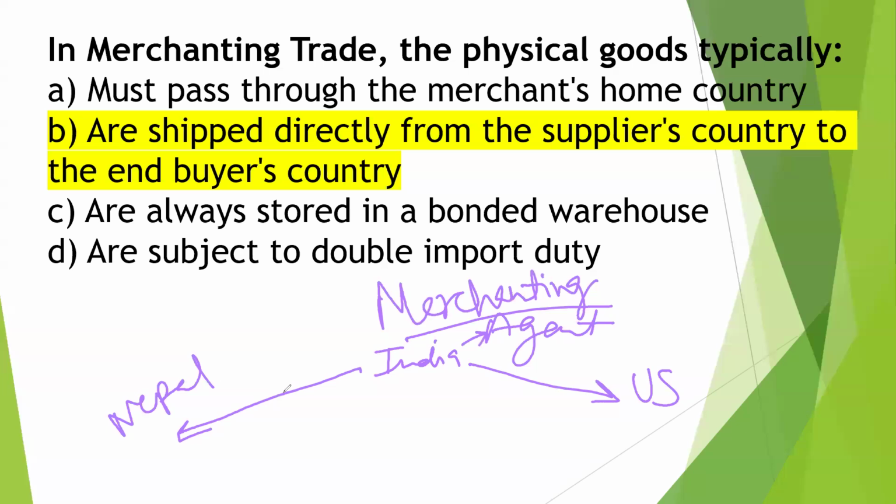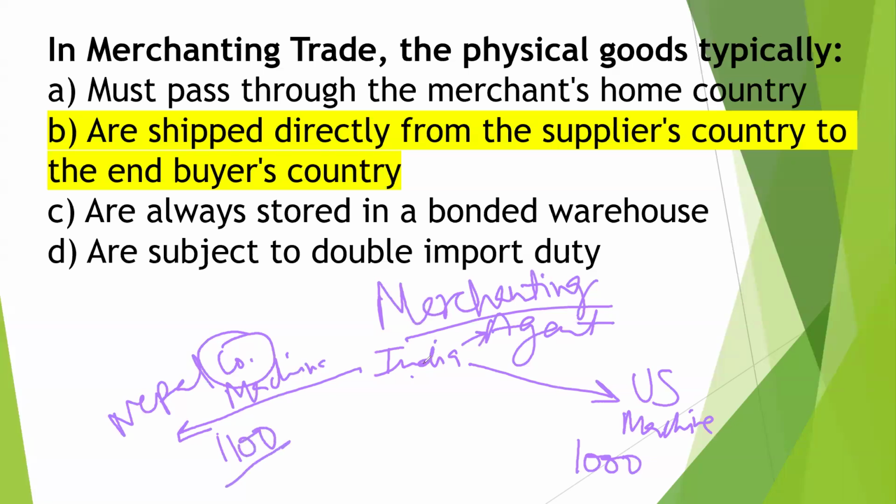In Nepal, this person does not know the US person. So what will this agent of India do? He will make the deal for this company in Nepal. Suppose a company in Nepal wants some machine, and this Indian agent makes the deal with a US machine company. Suppose this US machine company is giving the machine for $1,000, so he will quote here